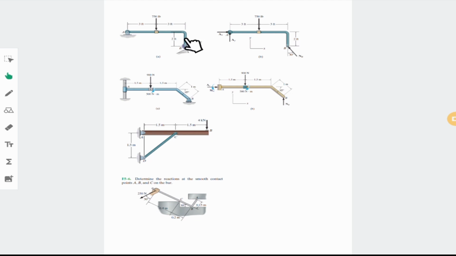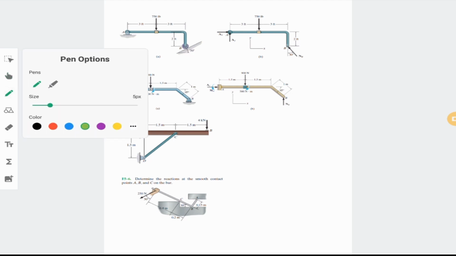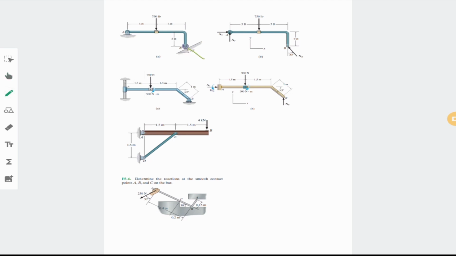carefully. The point is that you need to see how you can move. You can move in this direction, but you cannot move in this direction, and that's why we need to put a force in this direction perpendicular to the surface. And at A it's clear, Ax and Ay, and no problem there. And in many cases